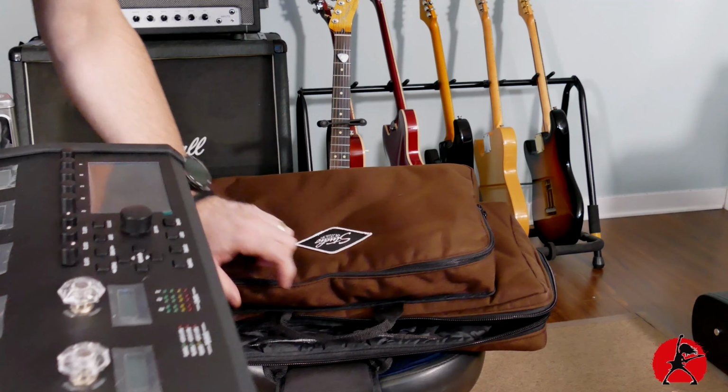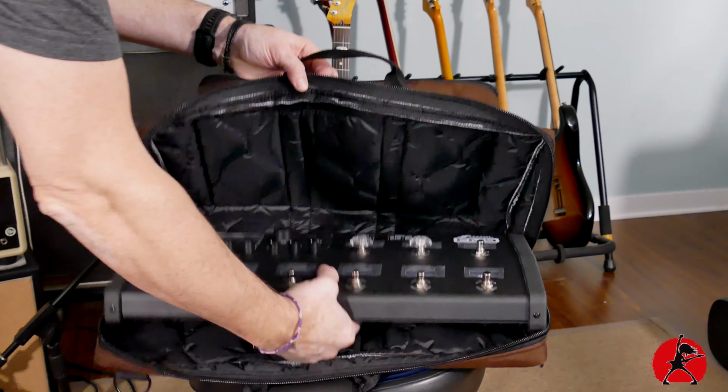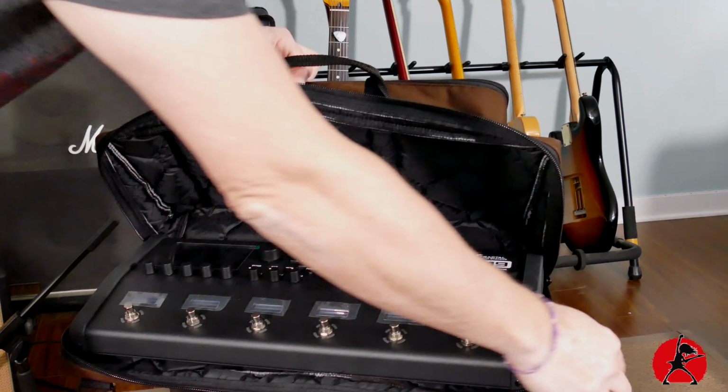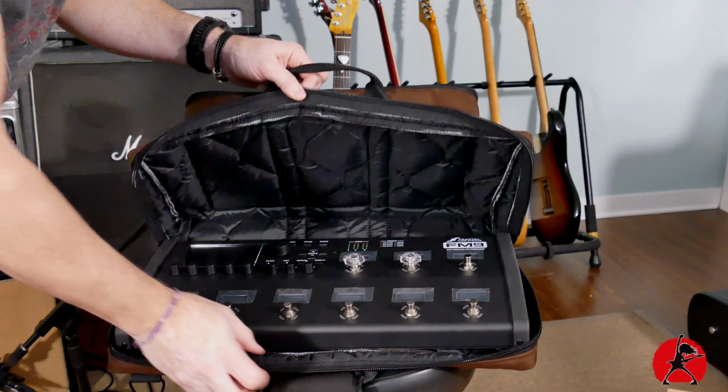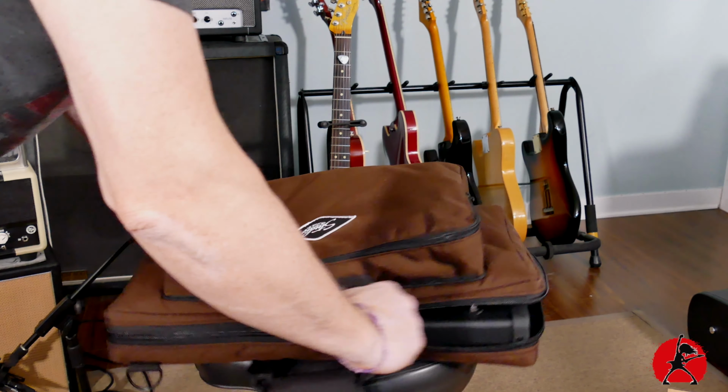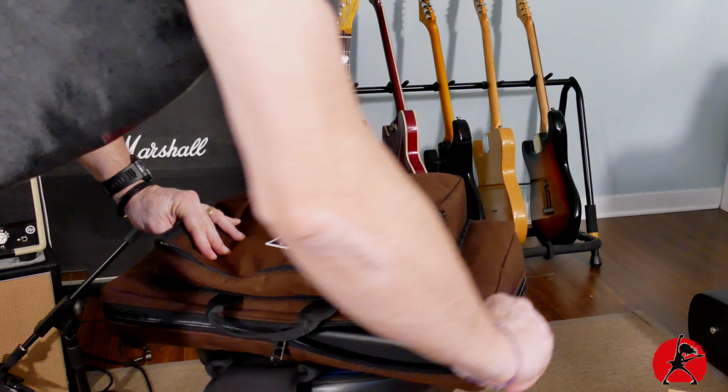So I want to put the FM9 in here just to show you how well it fits and what else we can actually put in here. And then I'm going to show you how these little things work, which I think are quite ingenious. So if we take the FM9 and put it into the bag, you can see that it's really nicely fit. It fits like a glove. You can actually sandwich it in there just like that. Really heavy duty